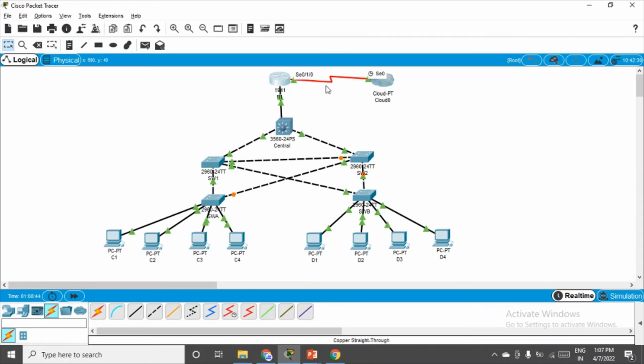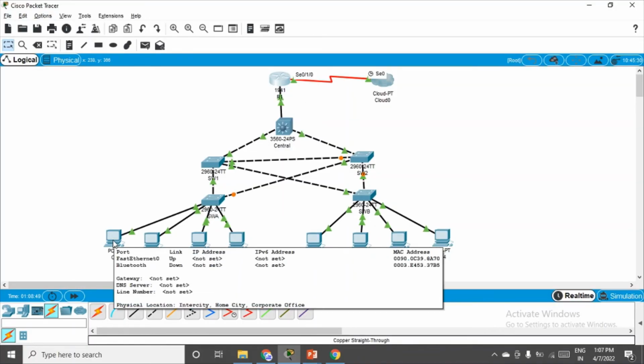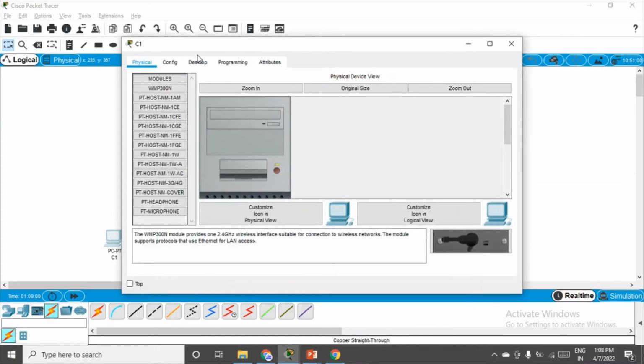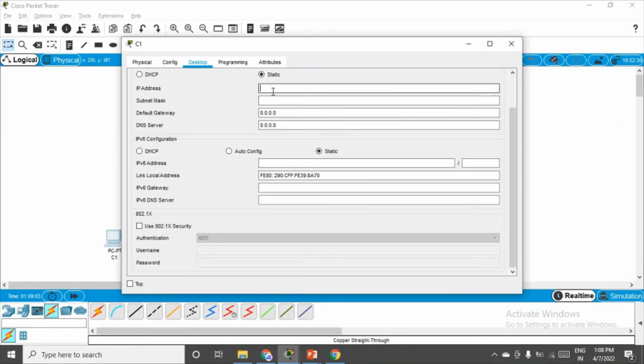Now let's go to C1 here on the left hand side. Okay, so we'll define a network here for all the PCs. All the PCs will belong to the same network, that is 10.1.1.0. 10.1.1.0, I repeat. Okay, so let's go to C1, go to desktop, go to IP configuration and type the IP address 10.1.1.1. So after the network address, we are giving the IP address here to C1, or you can have 10 also, if you just have to avoid the confusion. Okay, because we'll be giving the default gateway as 1, so let's keep it